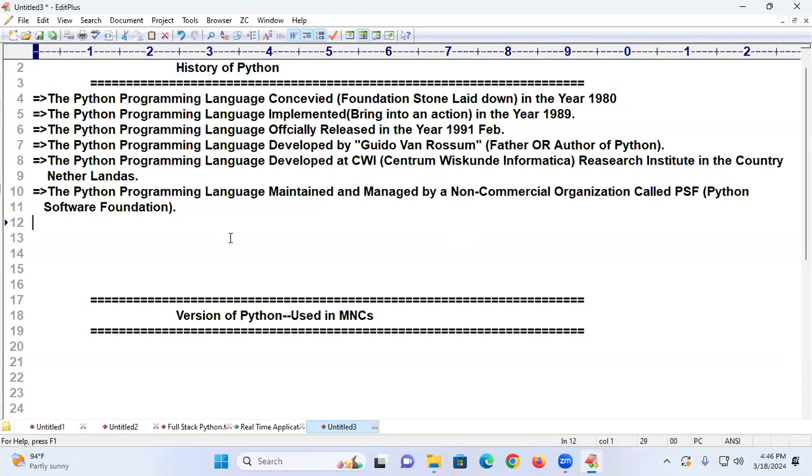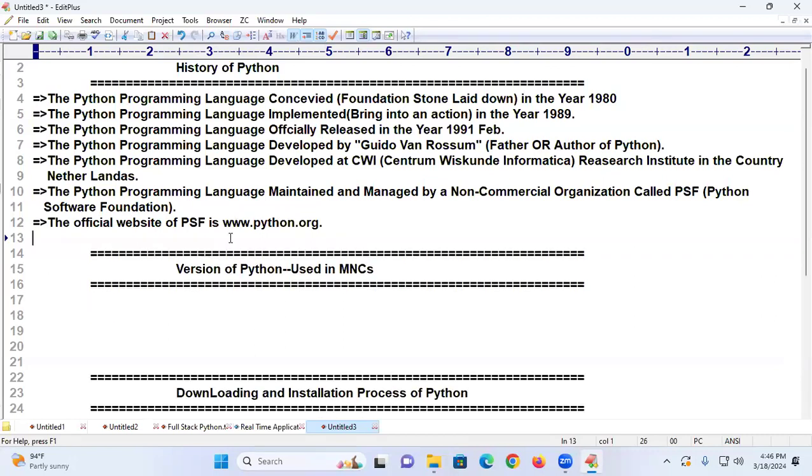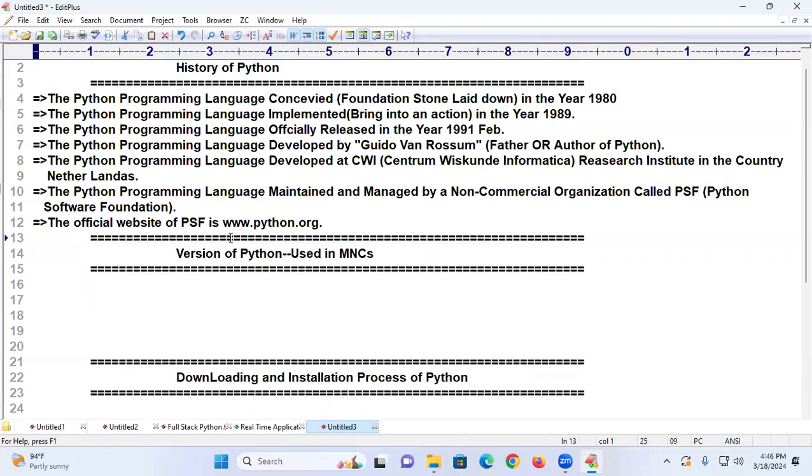Right. My dear students, next, the official website of PSF is www.python.org. From this place, we are going to download the Python software.